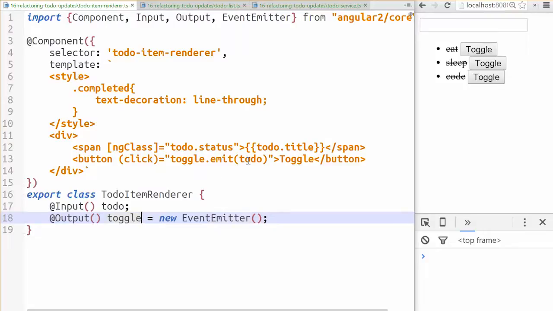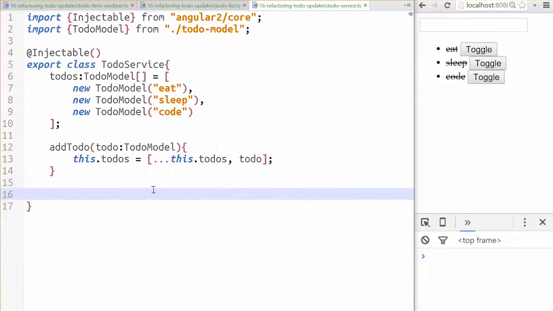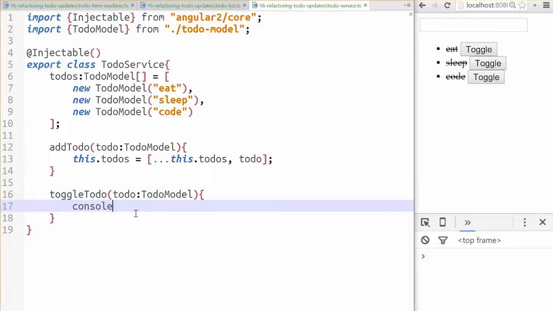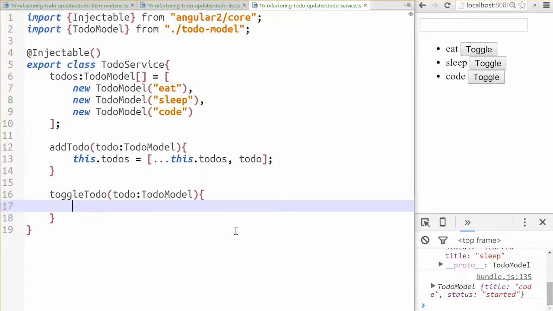So toggle dispatches the to-do, and then my to-do list forwards it on to the to-do service. And then in the to-do service, we can say toggleTodo, and we can check that this is the right to-do. So anytime I click here, you can see I get to eat, sleep, and code. So instead of just logging this out, I can say